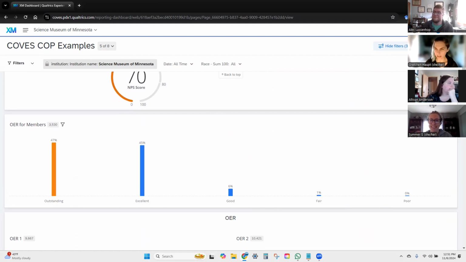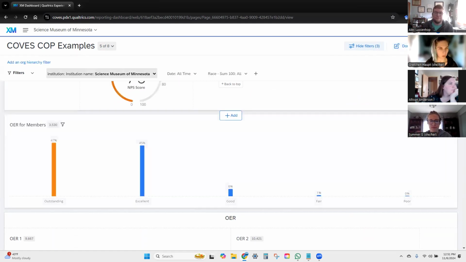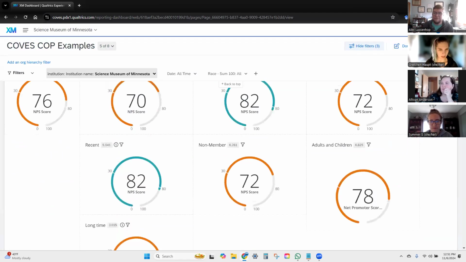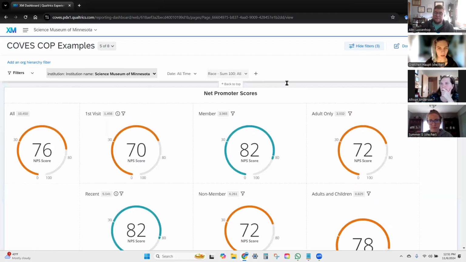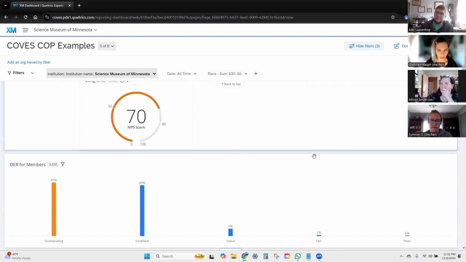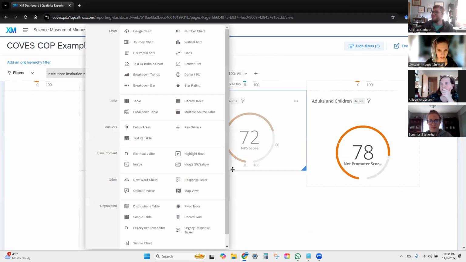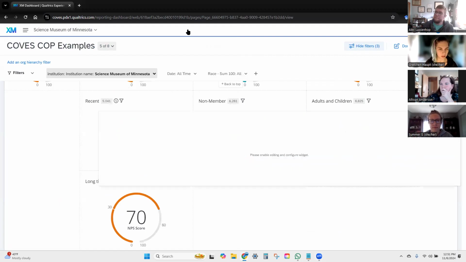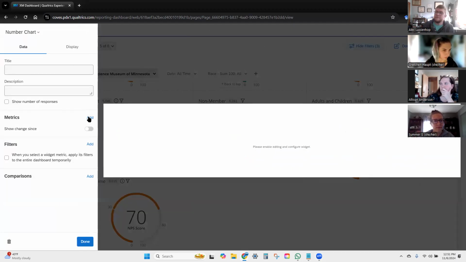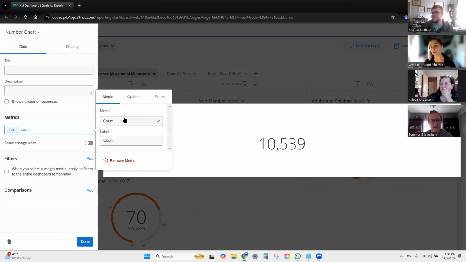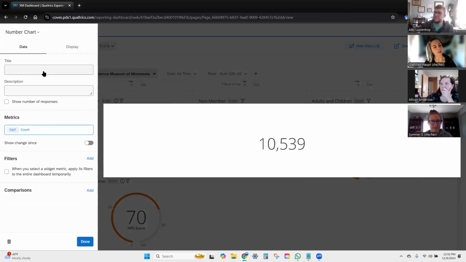I think the one last thing that I will walk through a little bit more on is using a widget in a way that I don't think it's actually intended to be used. It's the numbers chart, and now I've put this in the way and I can't find it. Right now this literally just shows a number, but sometimes there's something that there isn't really a good way to get at. One of those is missing data. If you need to know how many people didn't answer a question,